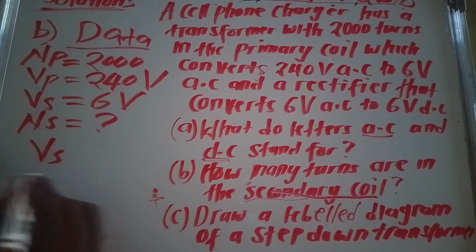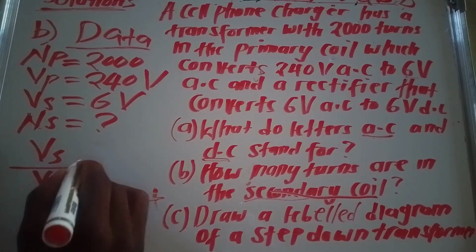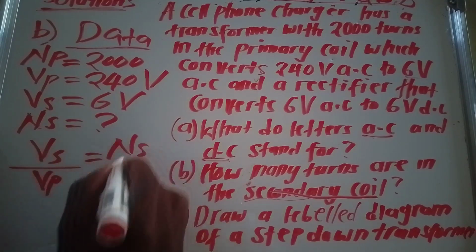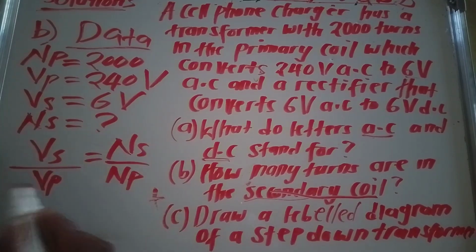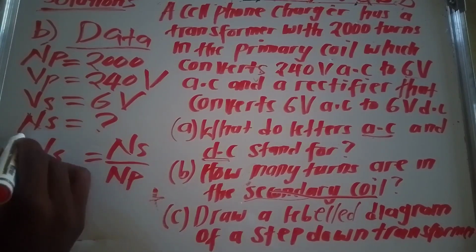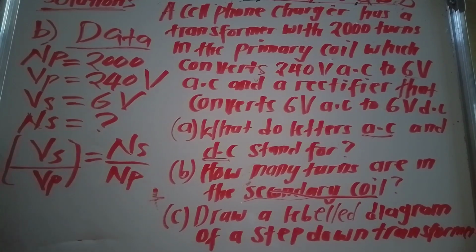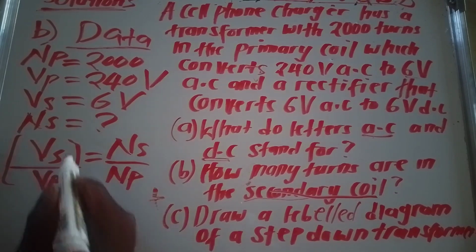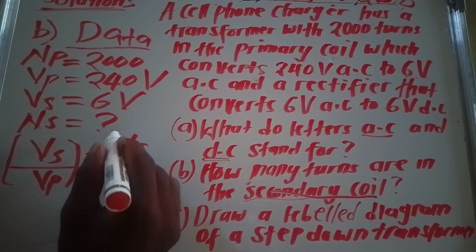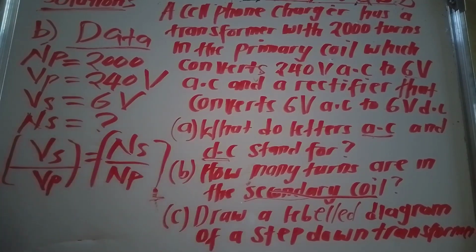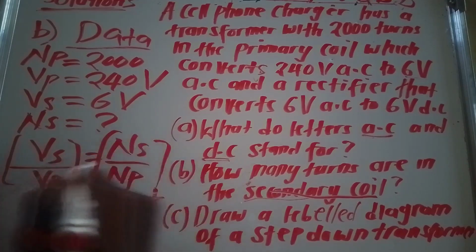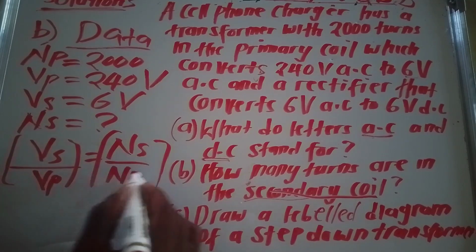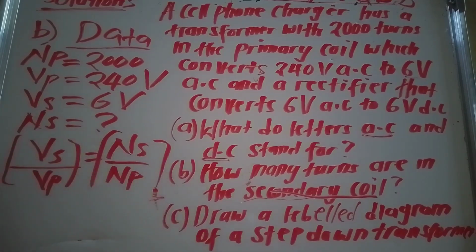The formula we normally use, we are going to say voltage in the secondary coil over voltage in the primary coil is equal to number of turns in the secondary coil over number of turns in the primary coil. This is the formula we normally use. You just need to master that. Always we begin with writing the voltages, and what you need to begin with is the secondary voltage. The same applies to the number of turns. We begin by writing the number of turns in the secondary coil, then we divide it by the number of turns in the primary